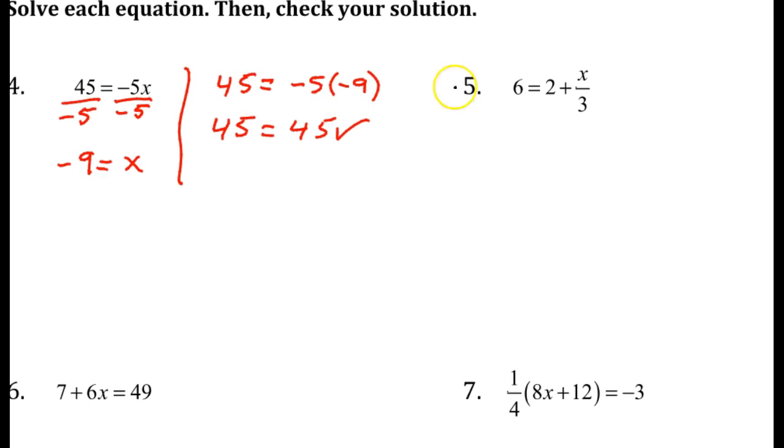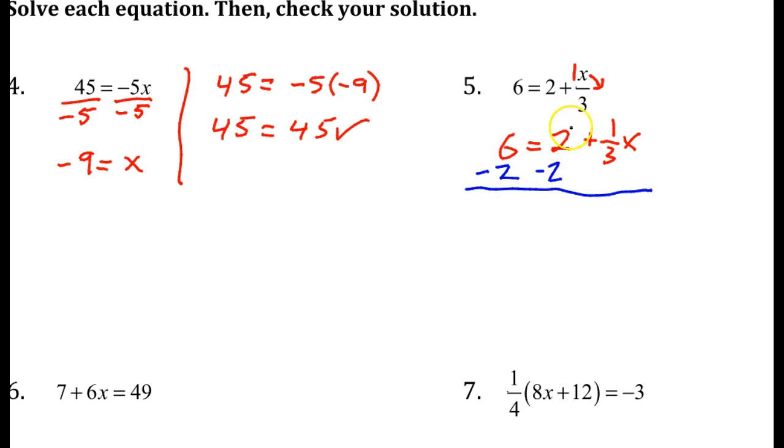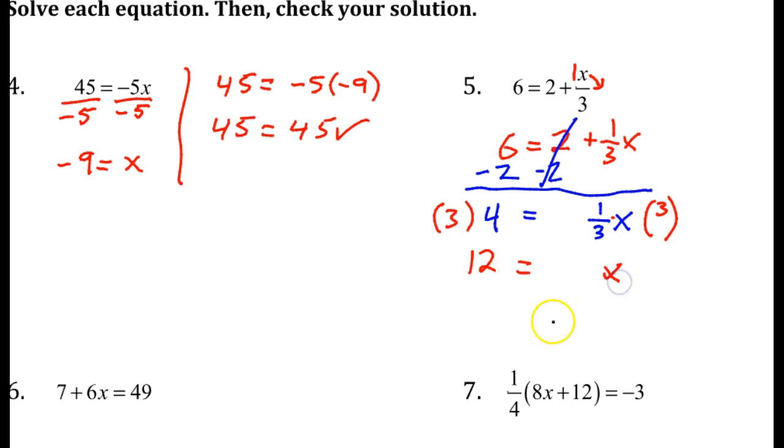Let's do number 5. I'm going to rewrite this first. Instead of x over 3, I'm going to write this as 1/3 x. Okay, so remember, this is a 1 in front, and I'm just bringing that x to the side. So let's subtract 2 on both sides. We have 4 equal to 1/3 of what number? So a third of what number is 4? And then multiply by our reciprocal, which is 3, or 3 over 1. So we get 12 is equal to x,